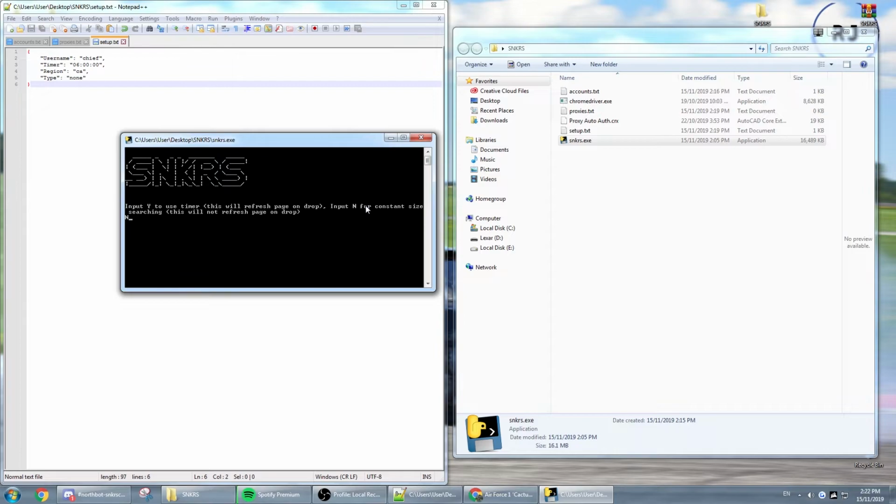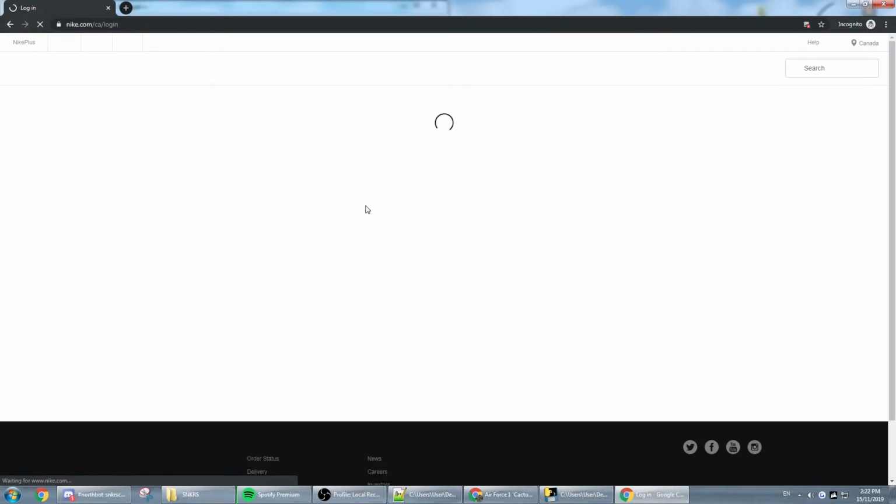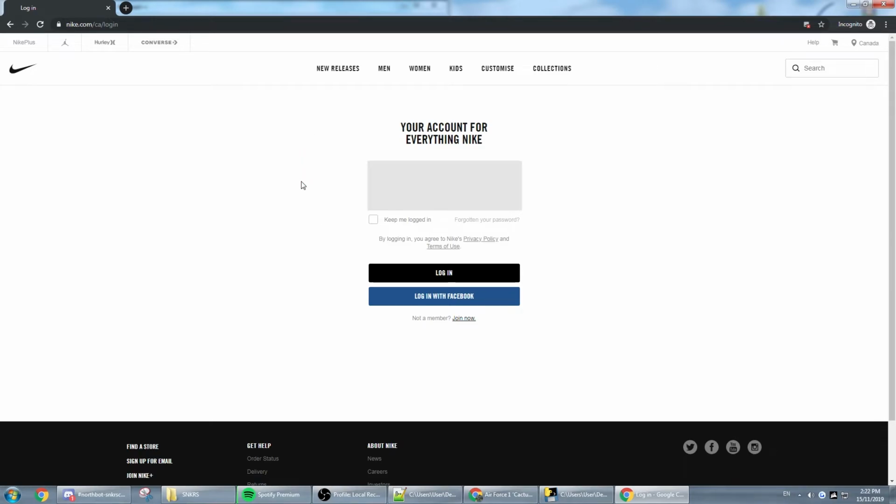So I'm going to do this one without a timer, just to show you how to do this without a timer and with manual login. Without a timer, we're going to input the value N, and then it's going to ask us if we're going to do manual login, and I'm going to say yes, I want to do my manual login. So now it's going to show the account